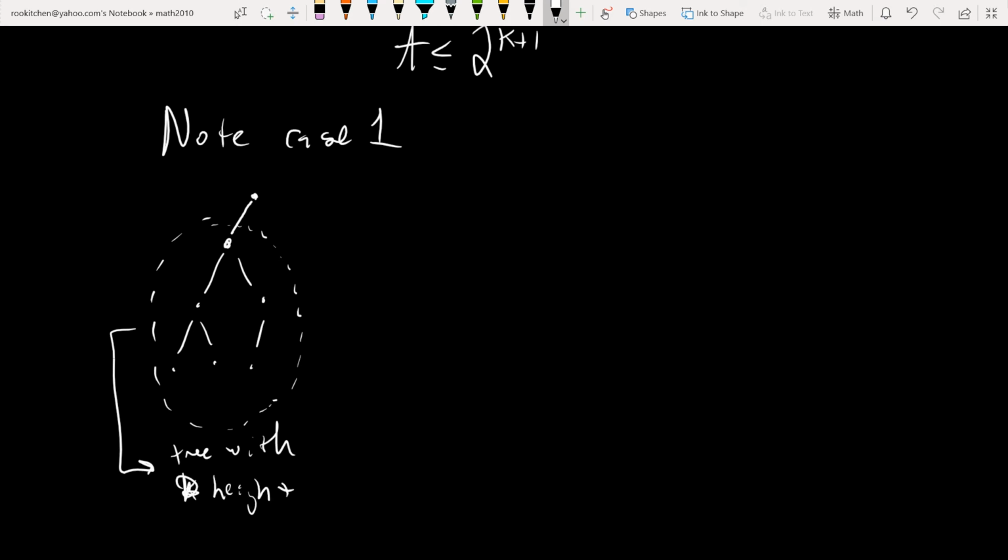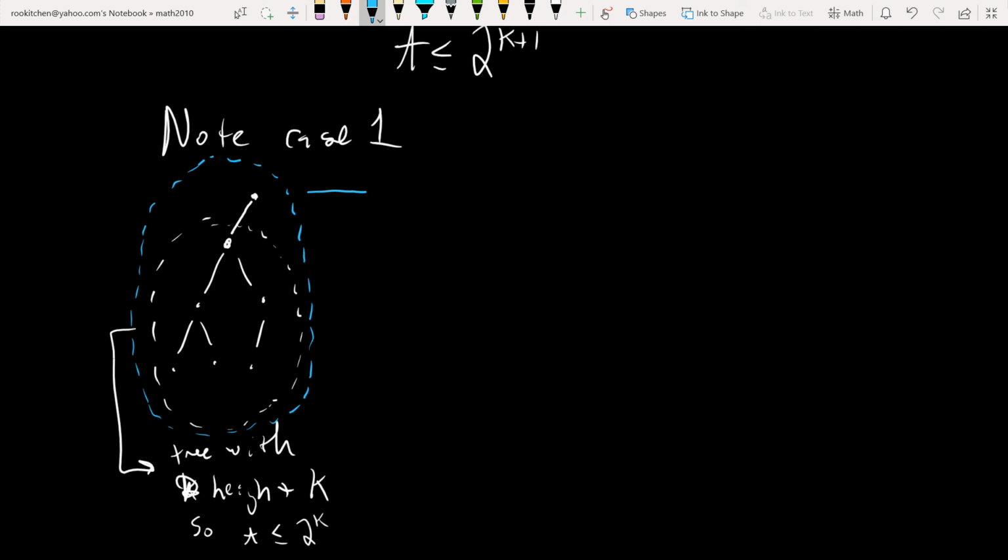Overall, the entire thing has height k plus 1, but this tree has height k. So we could say its number of terminal vertices will be less than or equal to T. So because of the inductive hypothesis, the number of terminal vertices is less than or equal to 2 to the k. So then if you kind of go out a little bit to include the root,